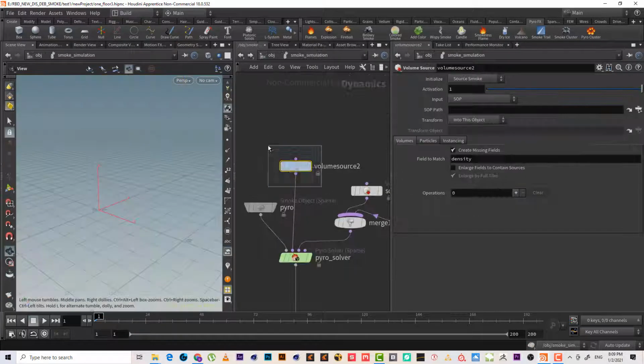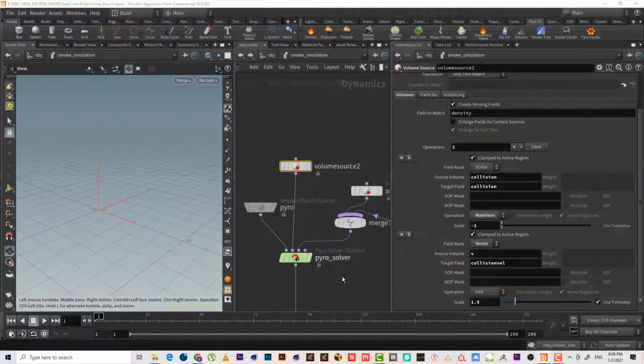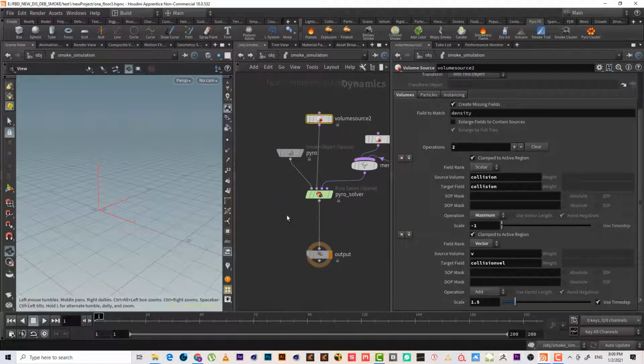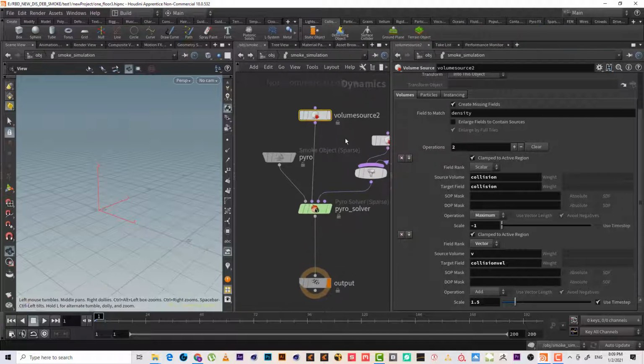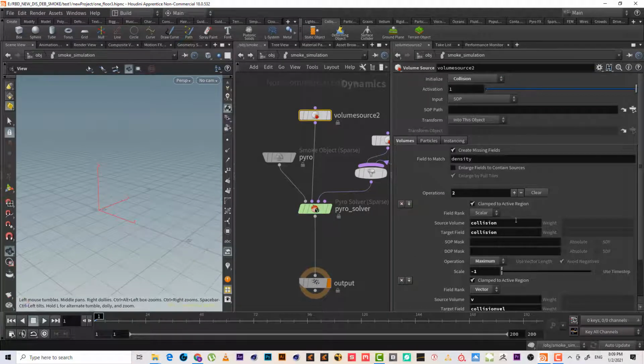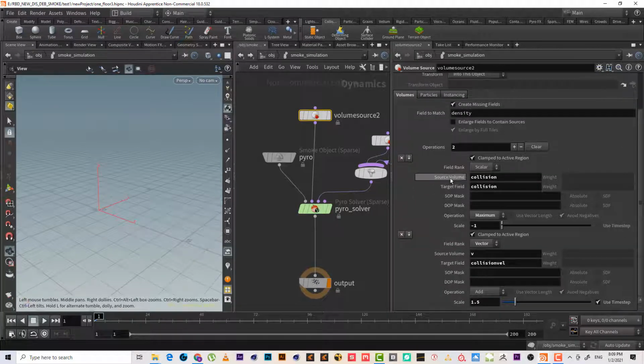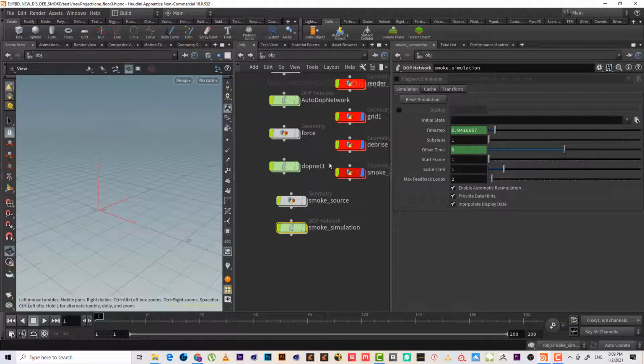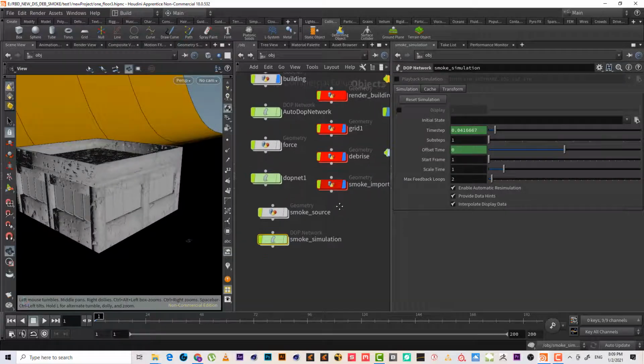Why? Because in the smoke source we need to have a collision. There are two ways. The regular way is to add a merge and add a collide, same as if you are using a deforming object. And the second way, which is much better, is to add it from the volume itself. So it has two names for the collision, as if it is a surface. This is a surface and this is collision. So we need to change it to a surface, or copy this surface and paste it there as a surface. Okay, so let's go back here,